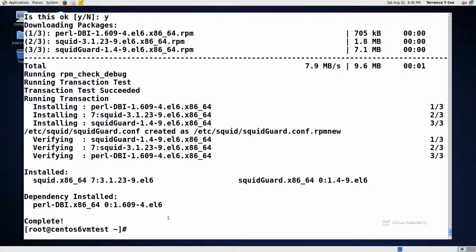So these two applications work in tandem to control how we provide web browser access. It uses what are called access control schemes. So there are ACL elements, which are directive lines that begin with the word ACL and represent types of tests that are run against requests that are made from a client. And then there are access list rules, which consist of either a deny or an explicit allow, followed by a number of elements from an ACL that can indicate what action or what limitation has been enforced for a given